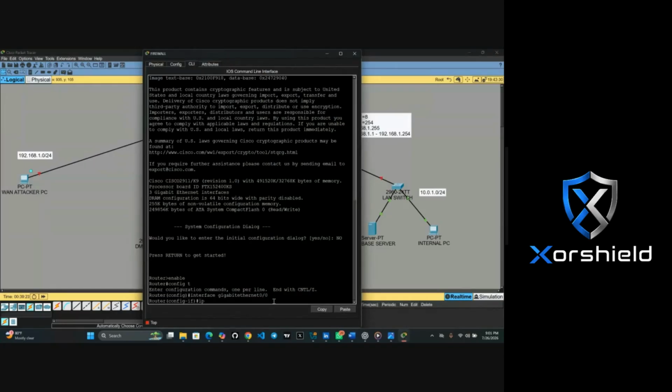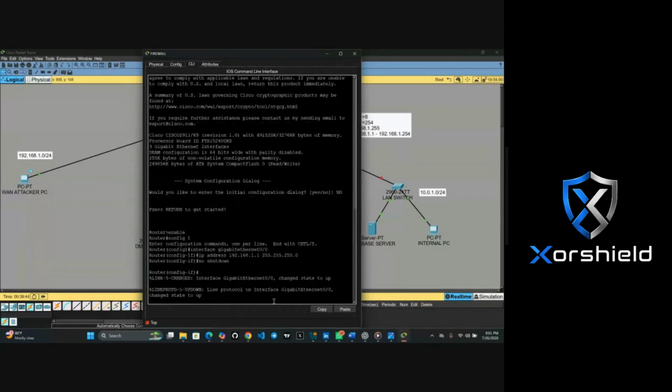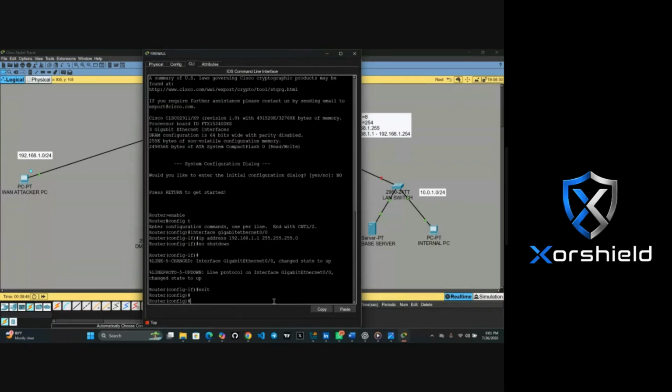From here, you do your IP address 192.168.1.1 space 255.255.255.0. Then enter. No shutdown. Enter. You exit. After you exit, you exit the next time.